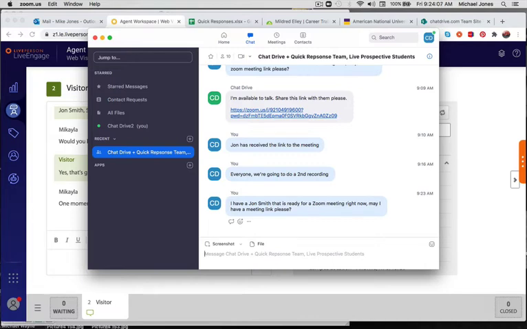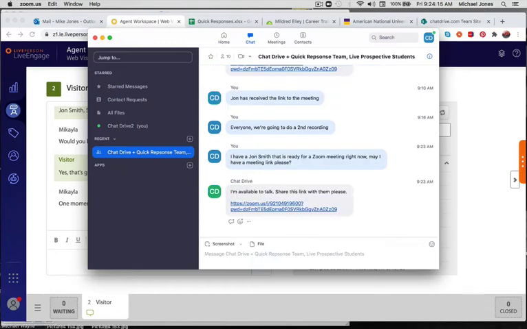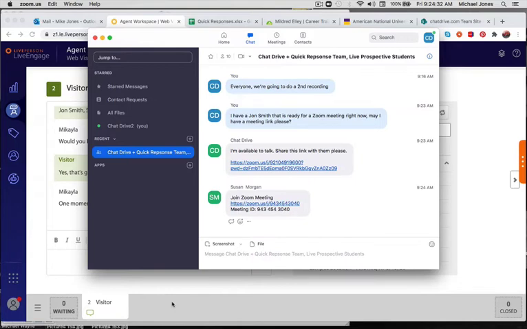Okay, so we'll wait for a meeting link. Okay, so we'll grab the link. Their quick response team has been informed that they need to keep their Zoom chat open so that they're available to quickly take chats. There's a 15-minute window between the time a chat ends and we send a link that they want us to connect, which is kind of funny because if we're sending a link with them initially,